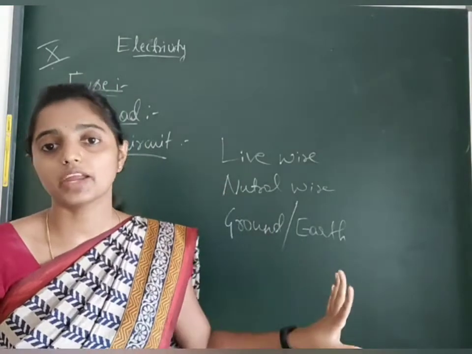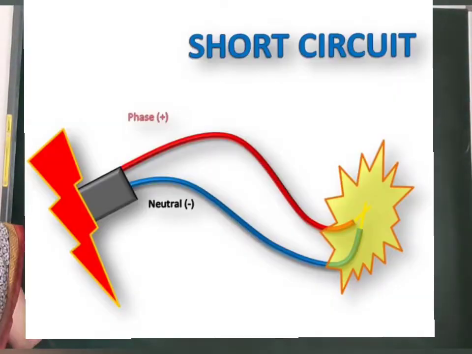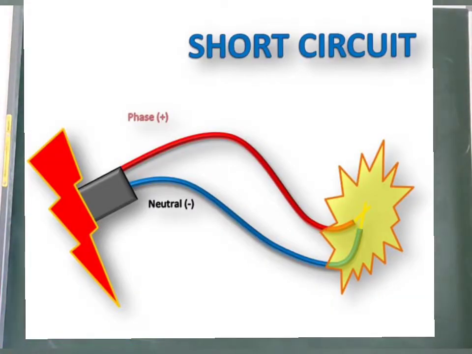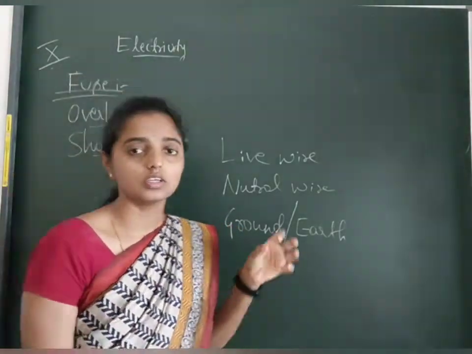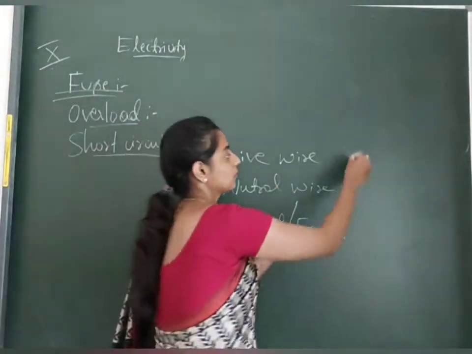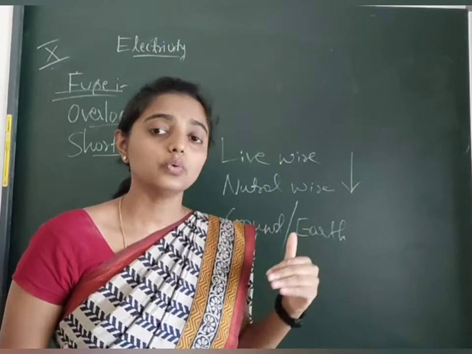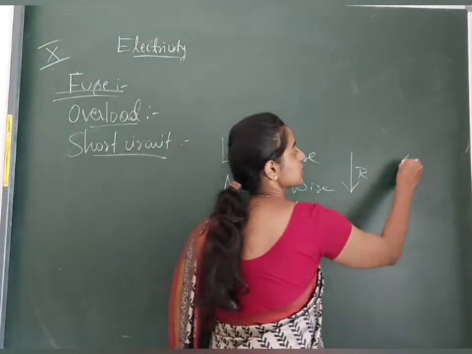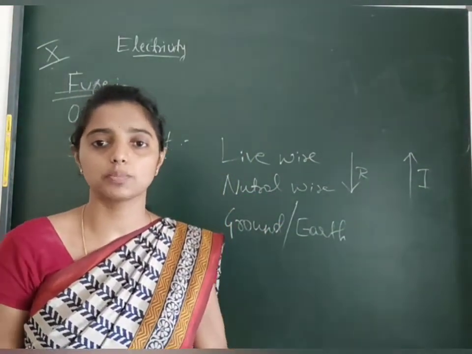One is a manufacturing defect, which is not likely to happen, but there are chances. Another case is when the live wire and neutral wire come in contact with each other, and that incident leads to the short circuit. What happens when these 2 come in contact with one another? They automatically drop the resistance. That means resistance will decrease, and we already know what happens to current when resistance decreases. When resistance decreases, current will automatically increase, and the current becomes more than the expected value.